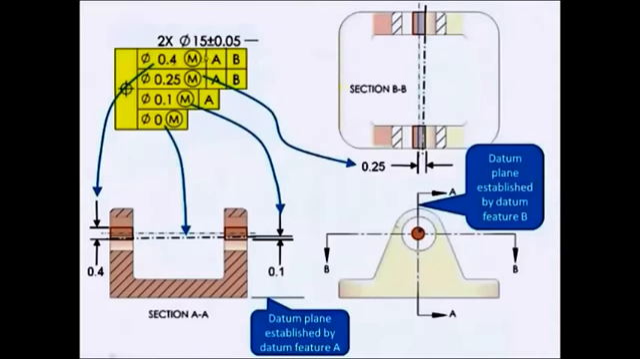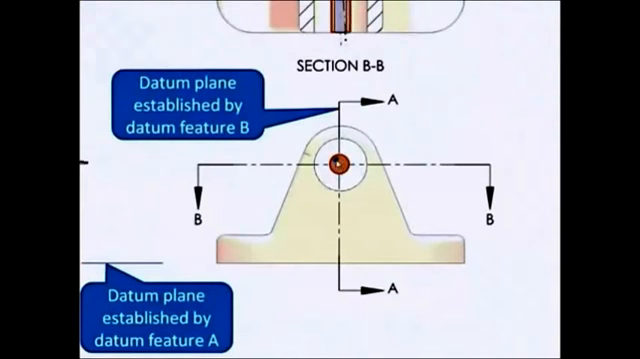If we look in this view, we're seeing the plane established by A and B. And the holes have to remain parallel in this view within 0.25, as well as staying in line with each other. And to make sure that the holes don't float off the part, we have the position of 0.4, which is locating the holes, and we see that down in this lower view. So the holes are free to float around within the 0.4 as long as they stay in line with each other,